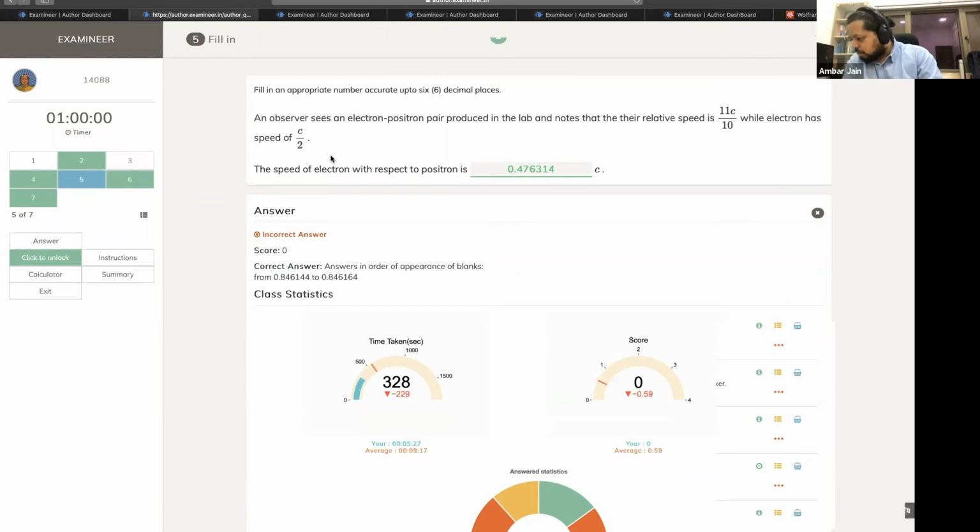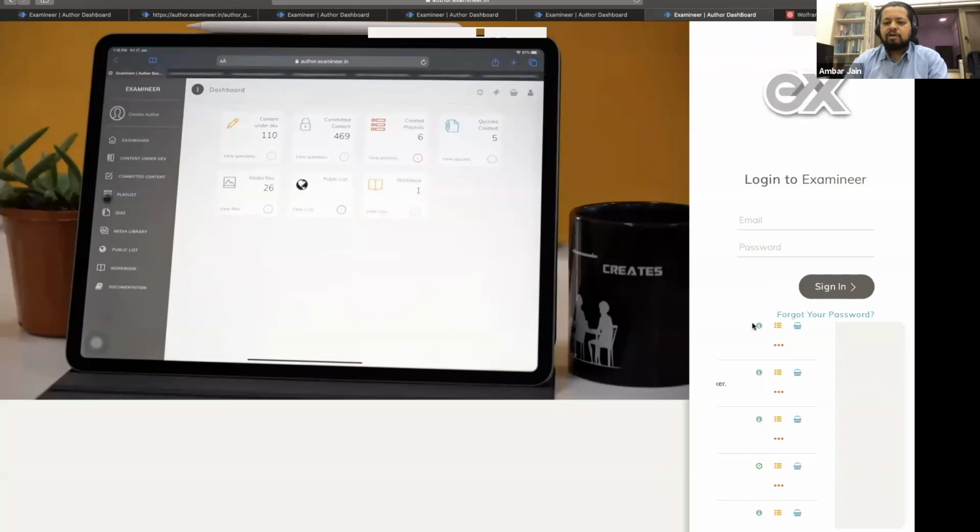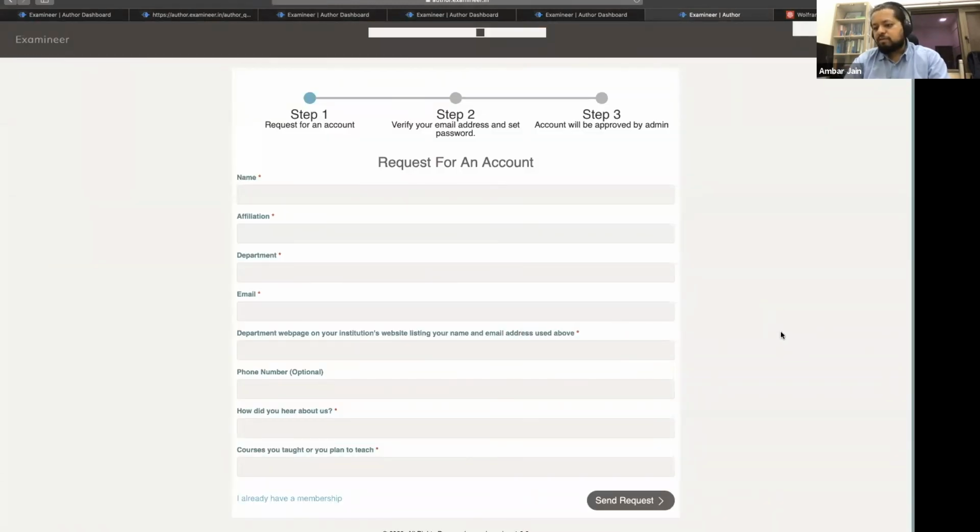There's one more question by Milana. Are there any plans to use this assessment platform in other institutions? Is there any website with examples and documentation? So we are using it across multiple higher education institutions in India. We have not really launched it outside India, but we can do it for a few people who are interested in trying it out. Right now, we are just giving accounts to faculty in India, and it's really easy to sign up. If you go to examiner.in, click on the author tab, and request an account, you can fill out this little form and we can provide accounts for you. Again, this will be in trial mode for outside India.